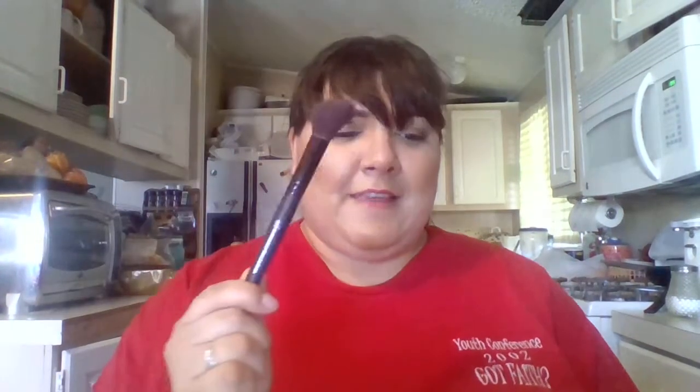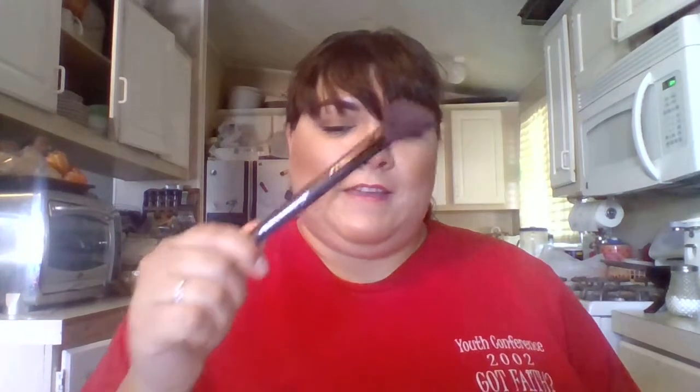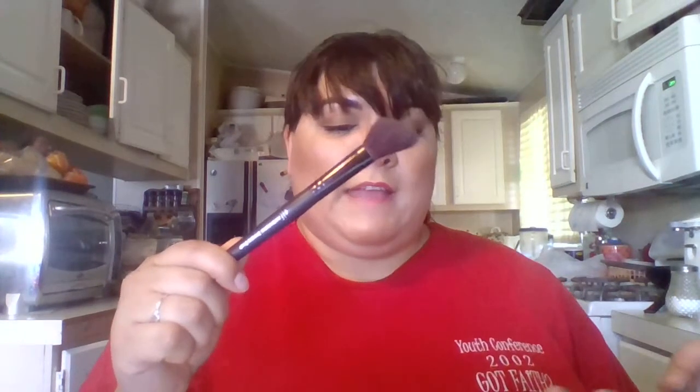This set comes with an e.l.f. bronzing brush, which I tried today to put on my makeup, and it's okay. Like, the bristles are kind of hard, or rough. They feel rough on the skin. They're alright. It says it could be used for multiple purposes, such as dusting loose powder and setting